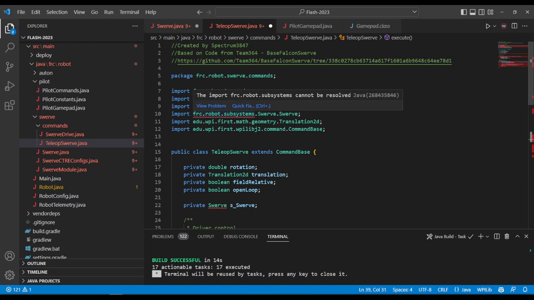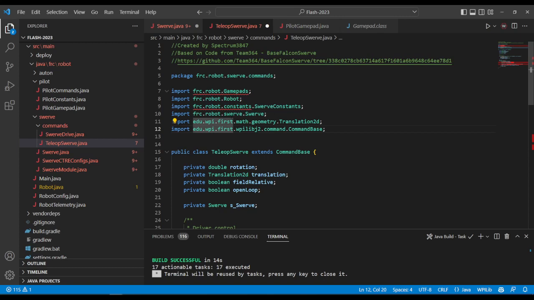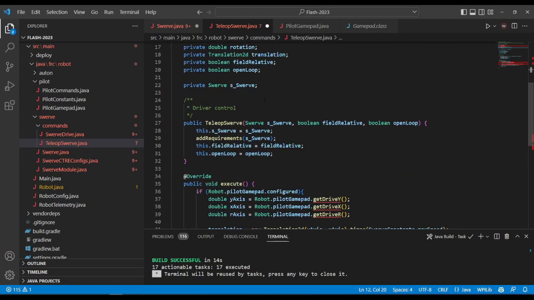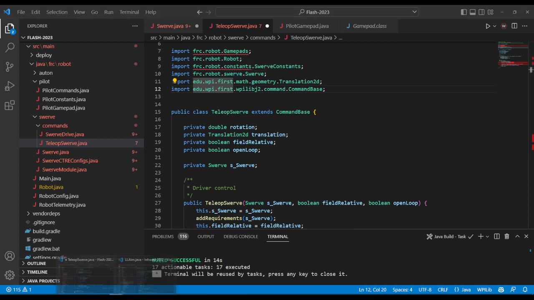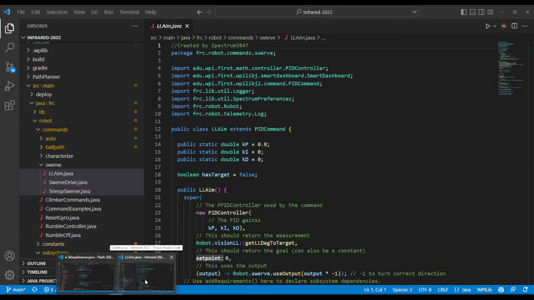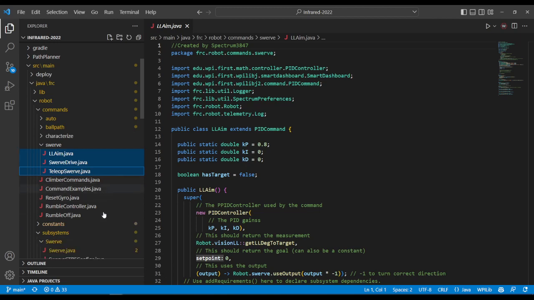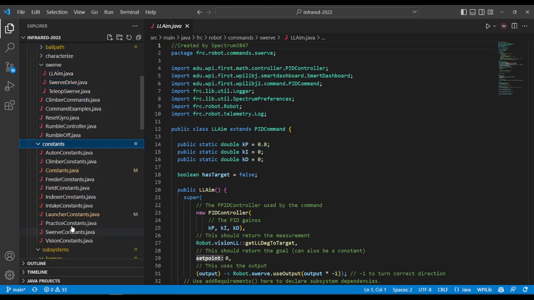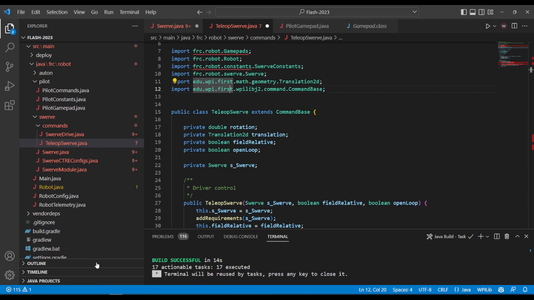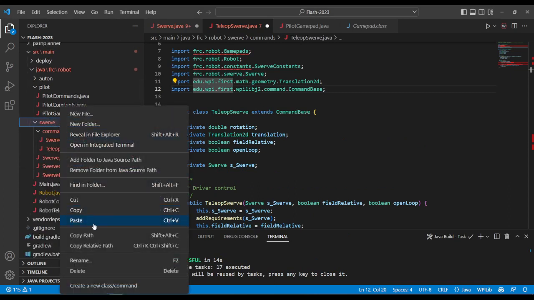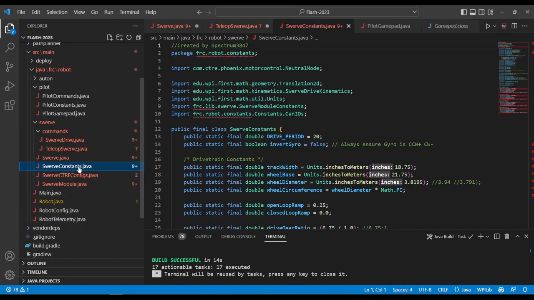So yeah, there's no more subsystems anymore, so now this just becomes swerve, and that solves some of the things in here. And then constants is the other one that we're going to have to pull out separately from this. We used to have a constants folder that had constants for everything. Now they go in the same folder. So inside of swerve, we will now have the swerve constants,